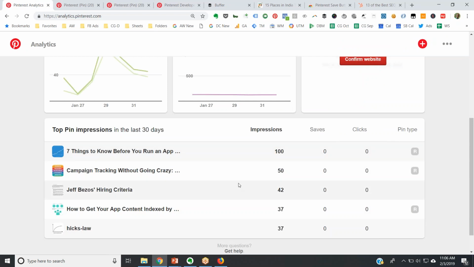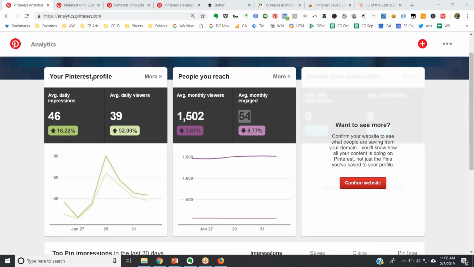So this is, I can look at which are my top pins, what pins are working for me, which content is working, which content is not working. I can also click on my Pinterest profile here and view each of these sections in detail. So if I click on the first section here,